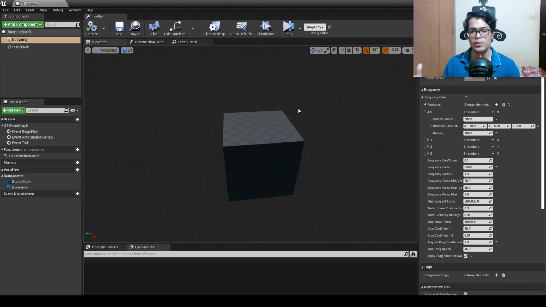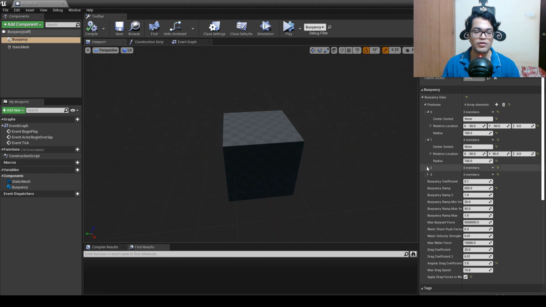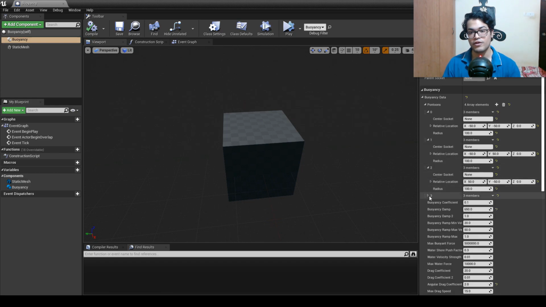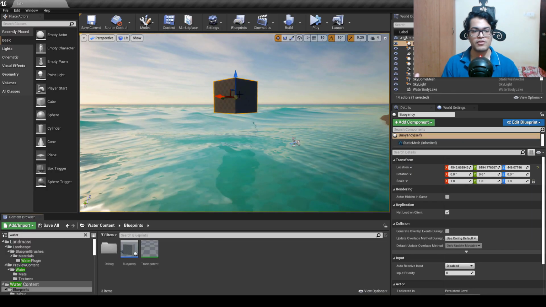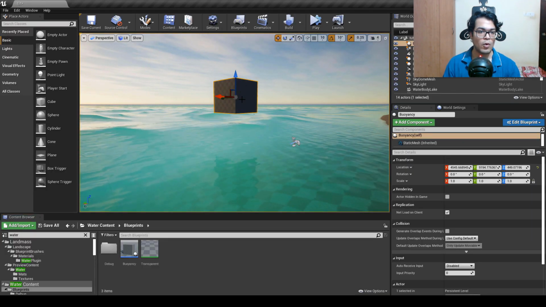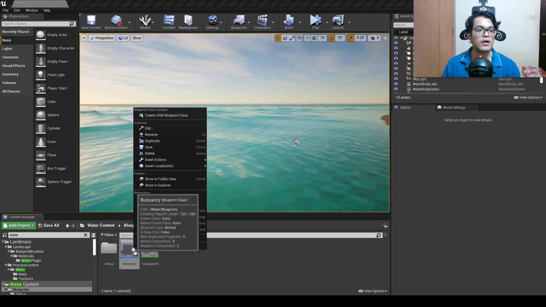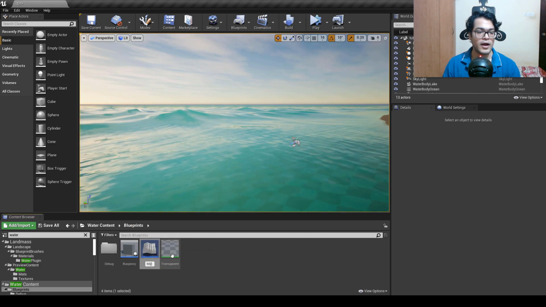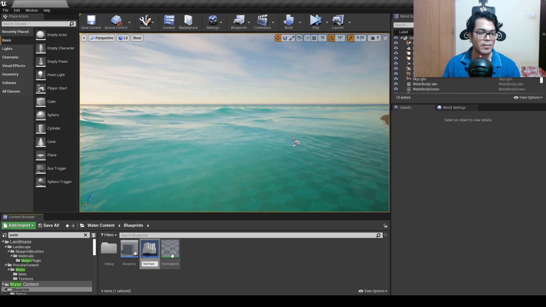I experimented with this a bit. It seemed to work for some scenarios and it didn't work for some meshes. So we are going to use a different technique, and again this technique has some flaws, but in regular cases it completely works. So what we are going to do is, we are going to delete that and right click duplicate, and we are going to call this something like my floatable.